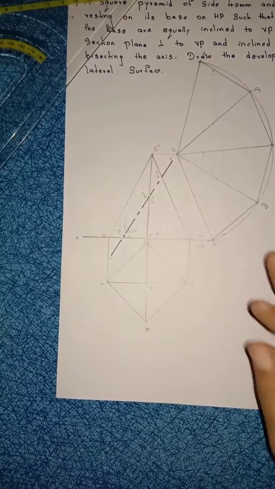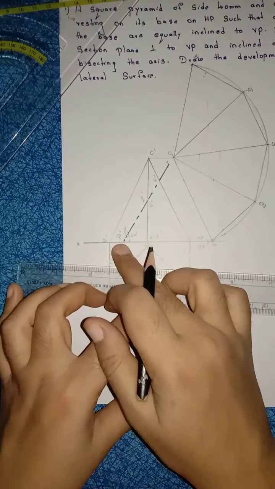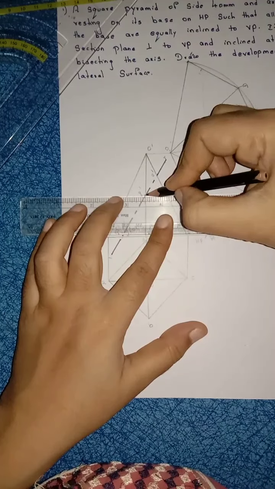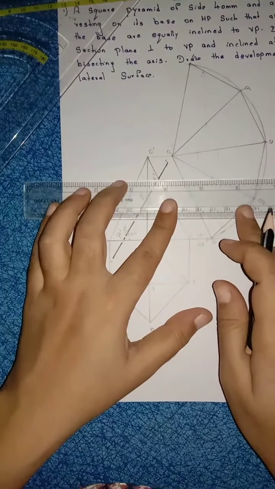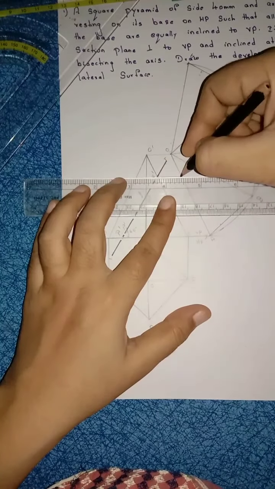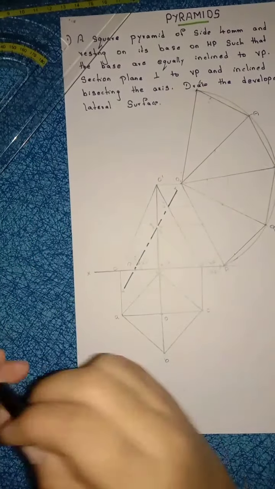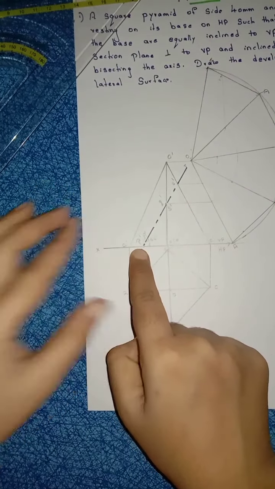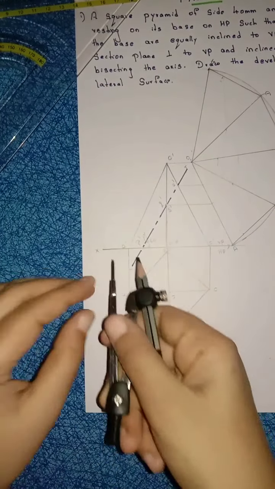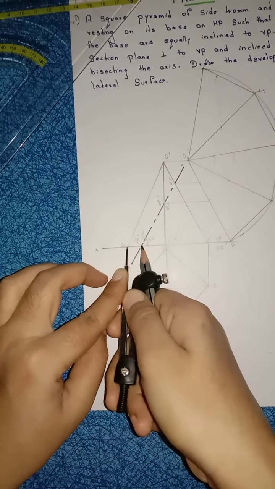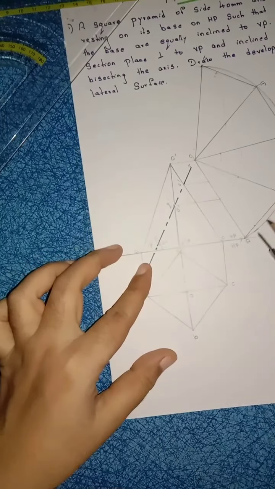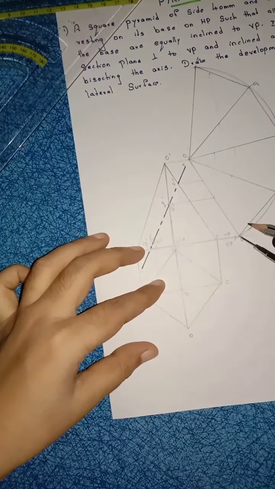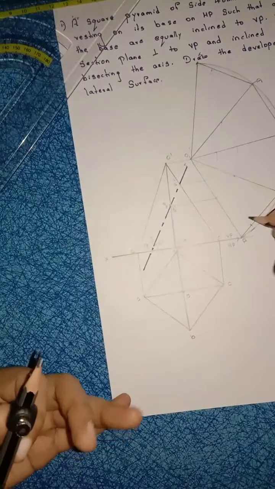Now after marking the points, what we have to do? Anyway, P point is on the reference line, leave that one. From Q dash, draw a straight line till this O1A. From R dash, draw a straight line till this O1A. Right? Now, see what I am doing now. Point P is on the reference line. Take your compass, take the distance from A dash to point P dash. Take this distance with compass from point A. From point A, mark a distance here. Name this point as here point P.